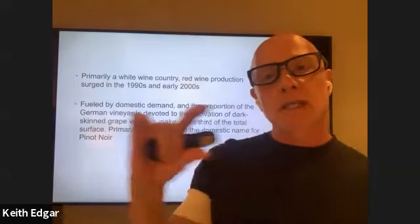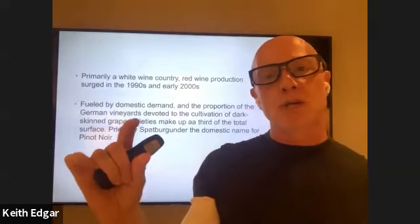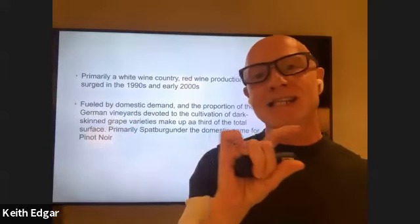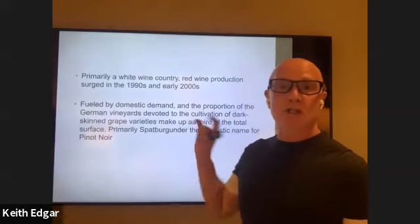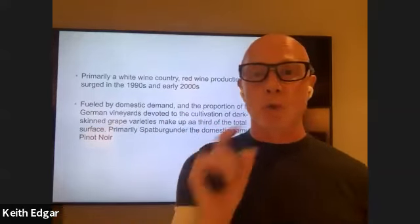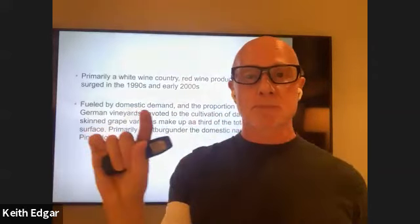The German name, because if you look at the label in Germany, it's not going to say Pinot Noir, it'll say Spätburgunder. And Spätburgunder is the German word for Pinot Noir. So where you see Spätburgunder,